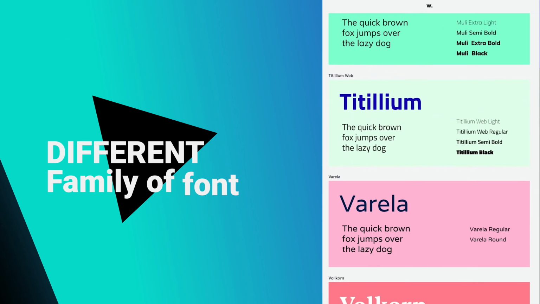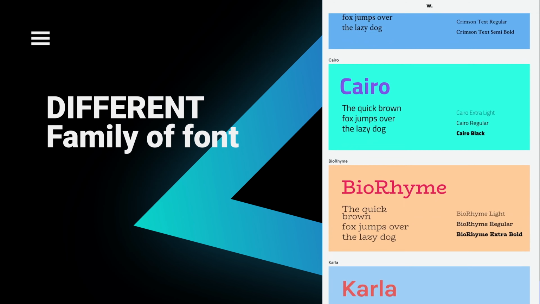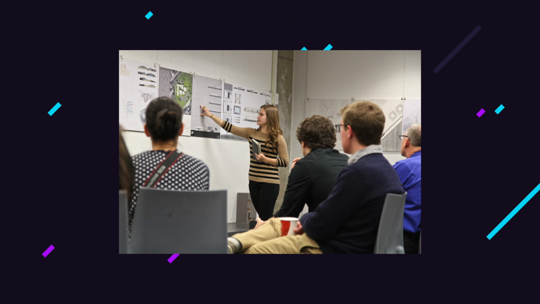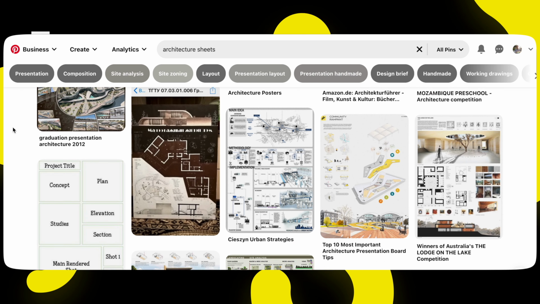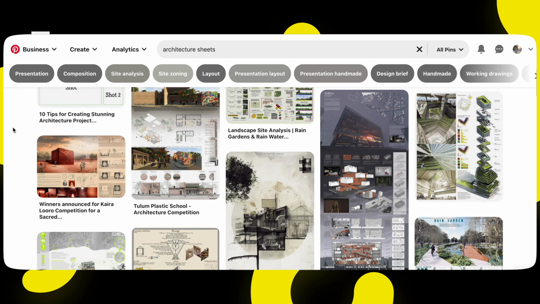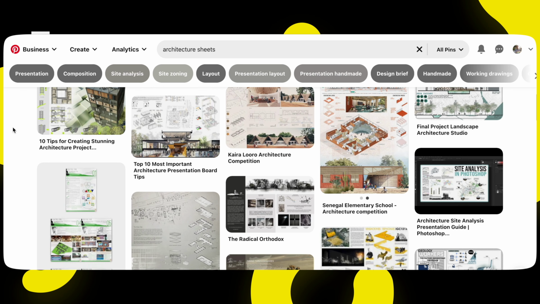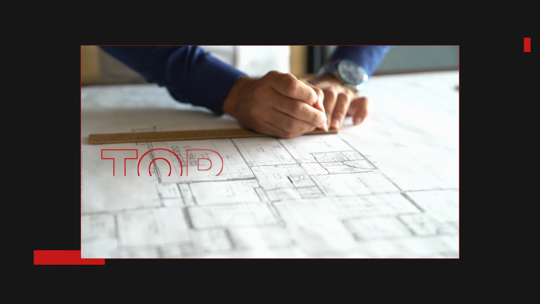With that being said, let's get started. So we architecture students and architects use various different kinds of fonts. Let it be for your jury projects, our YouTube videos, our client projects, our presentations. We use various different kinds of fonts, right? So going with a proper font which is legible is pretty important, because if it is not legible, it is not going to work out well, especially if it is a paid project.